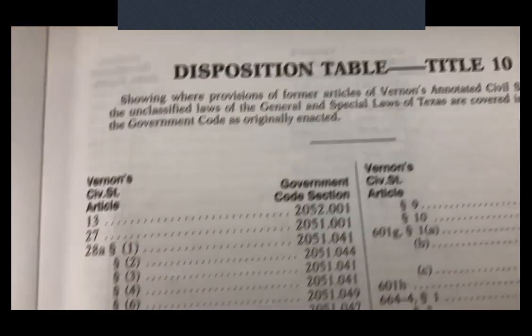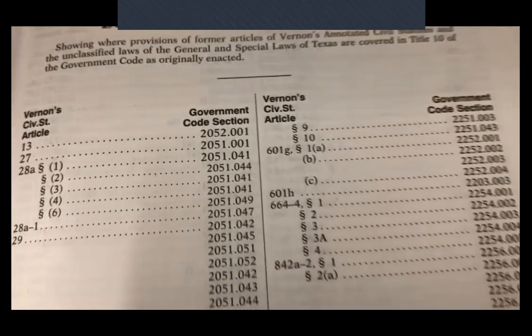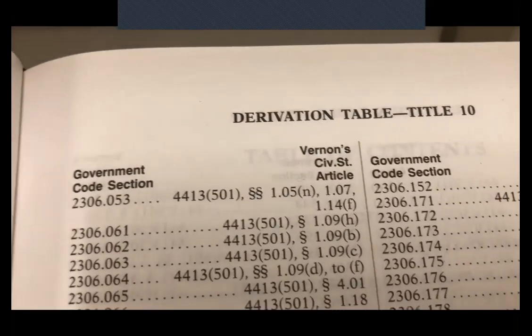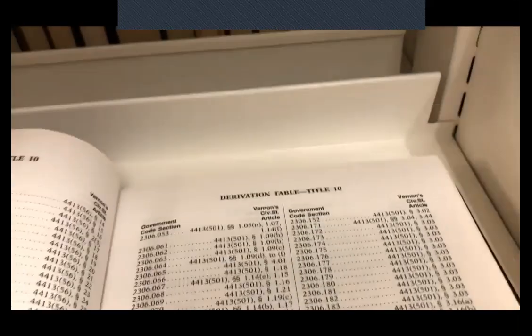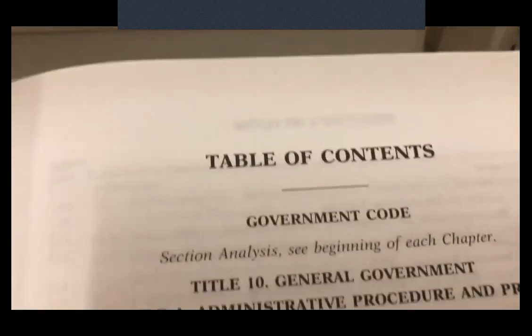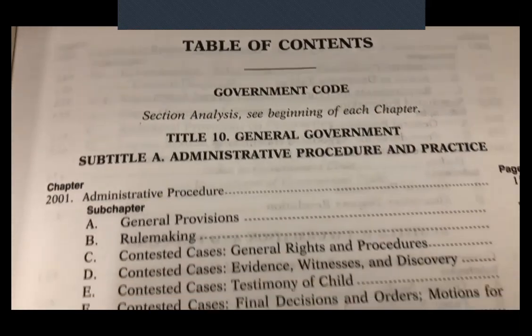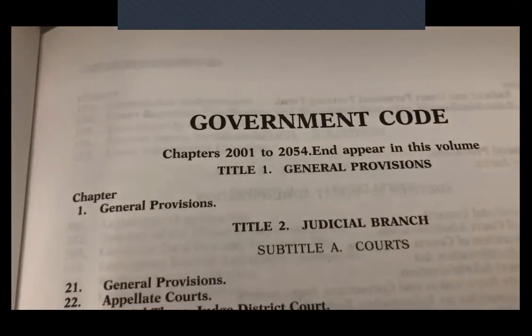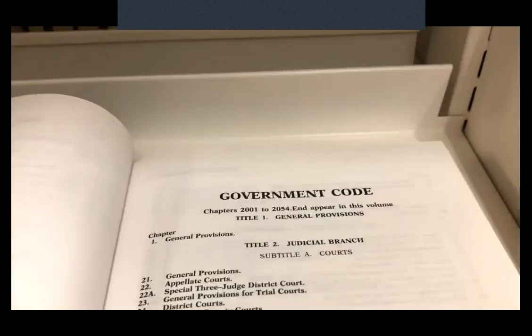So they give you a preface. They tell you what's in there. There's this thing called the disposition table that has where the old statutes were and where they got put into the code. There's a derivation table, and that's the opposite. So if you know where in the code it is now, then it will take you back to the previous statute. This is going to be clear when we get into statutes, but this is a little bit